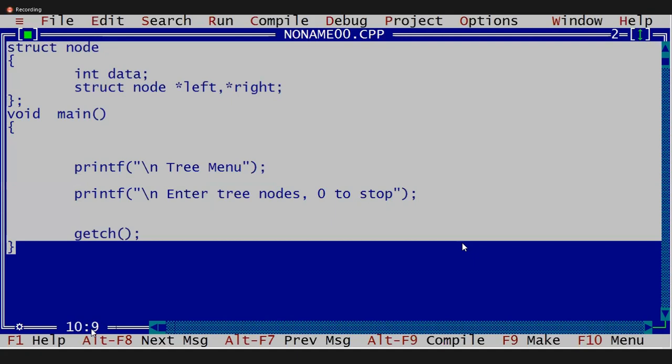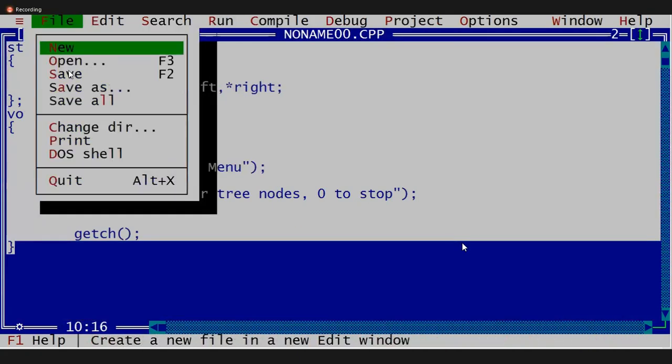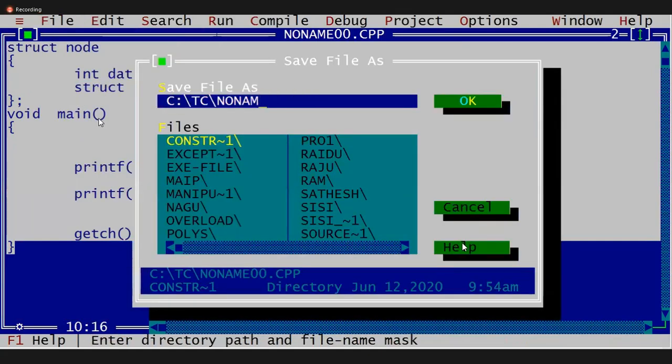Okay, now what is tree menu? See this. Save with a .c extension. This is the B tree, bt.c.